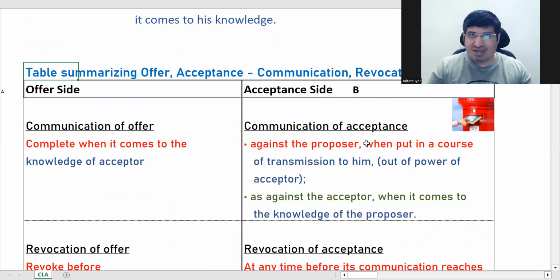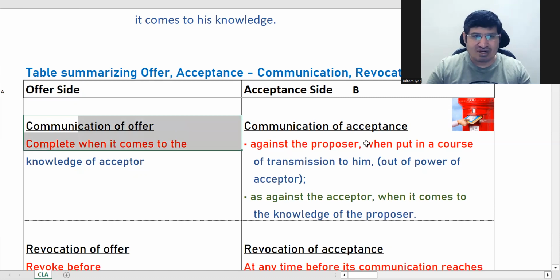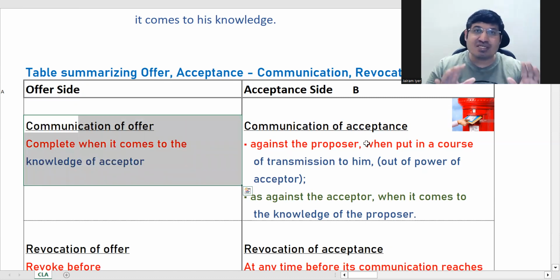This is one point which is quite confusing to students, even at the final level and afterwards, although you don't have the Contract Act at the final level, this point remains a doubt always. Like, what is communication? What is revocation? This is what we have summarized in short here. So this is what you have to understand. Very straightforward. Just go through it again and you will understand. The first thing is communication of offer. With communication of offer only, things start. So the very first point is communication of offer. This is very straightforward when it comes to the knowledge of the acceptor.